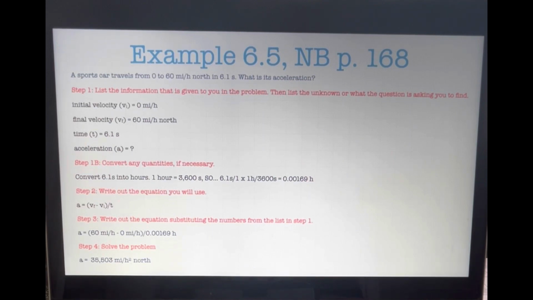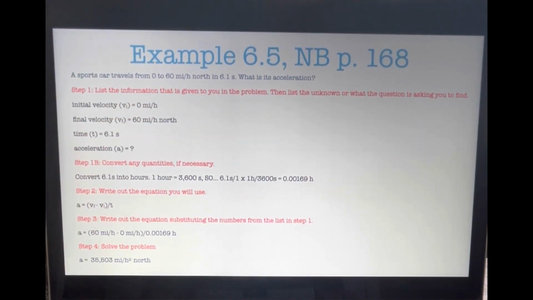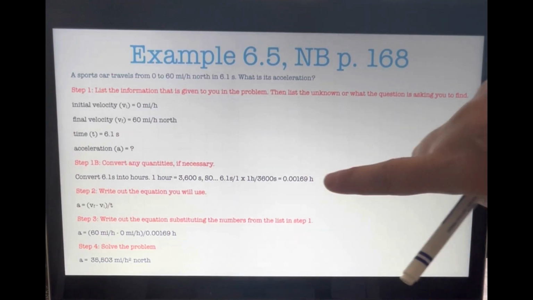All right, 1A. List the information. Initial velocity, 0 miles per hour. Final velocity, 60 miles per hour north. The time, 6.1 seconds. Step 1B. You should have noticed right away that we have an answer in seconds and we have an answer in hours. So you need to convert. In most cases, you should convert whichever is easiest. And for this problem, convert 6.1 seconds to hours, where 1 hour equals 3,600 seconds. So 6.1 seconds times 1 hour over 3,600 seconds equals